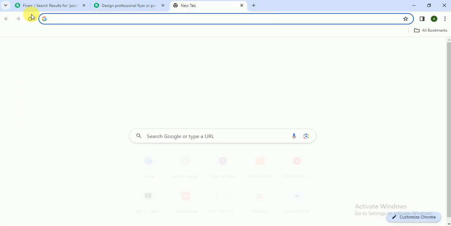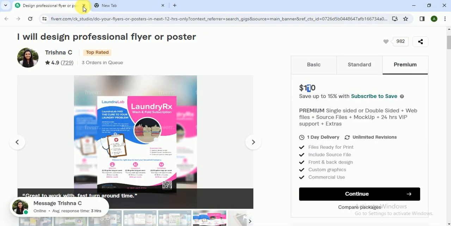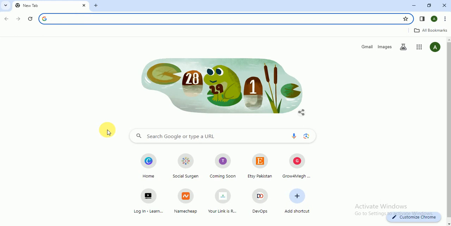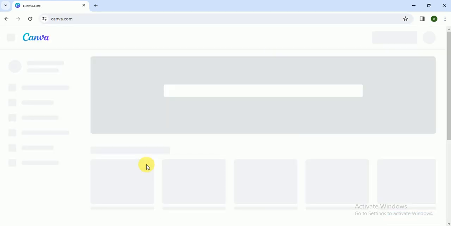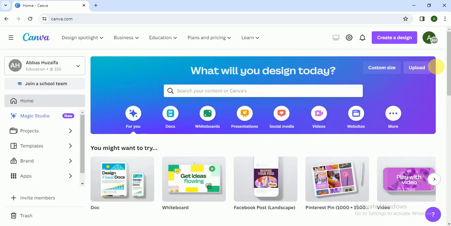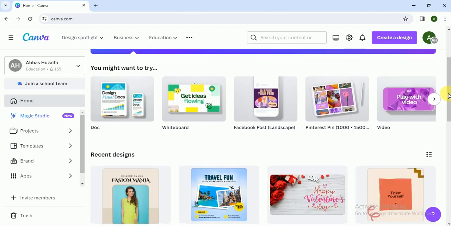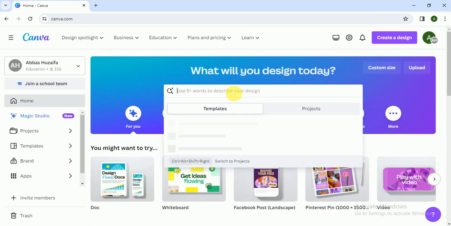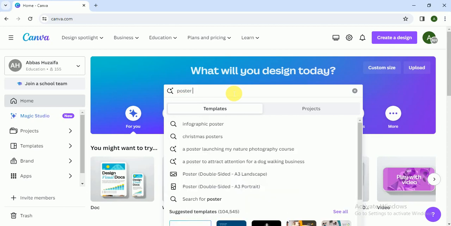The software which we use to design our poster is called Canva, and I am going to canva.com. It is the best graphic designing software available online. It is very easy and handy to use. So here I write in the search option poster,